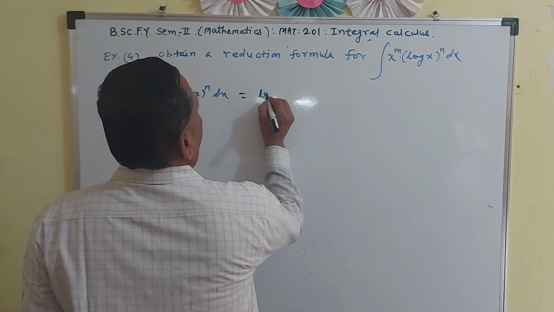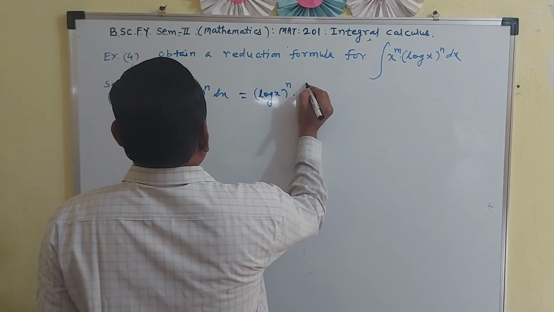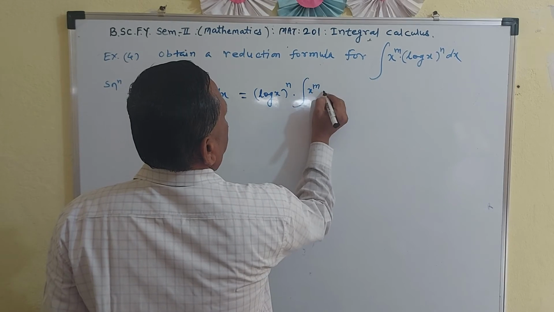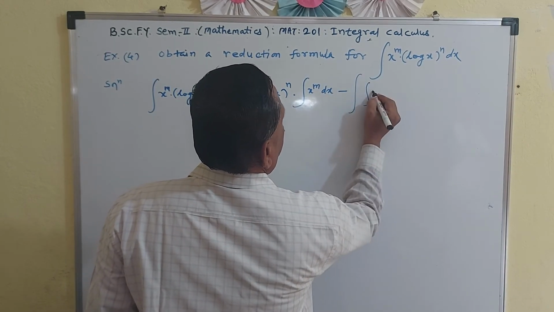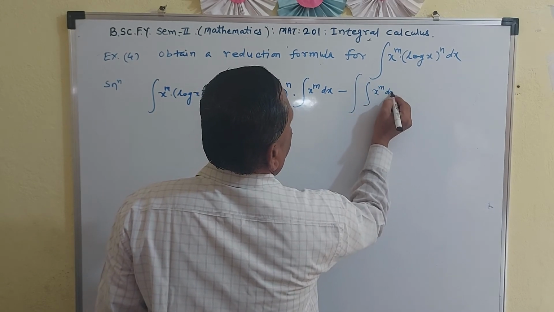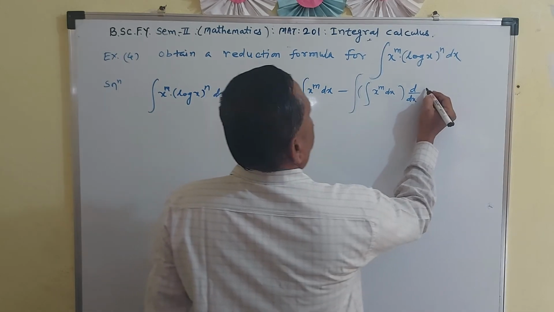Therefore, log of x raised to n first function, integration of x raised to m dx, then minus the integration of x raised to m dx into the derivative of log of x